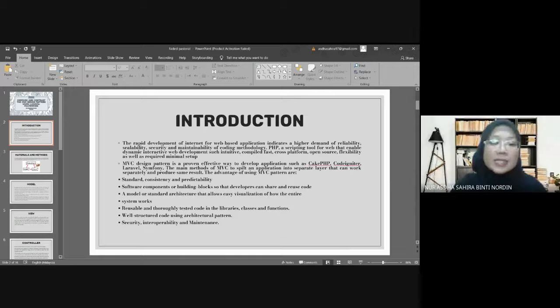The MVC design pattern is a proven effective way to develop applications with PHP frameworks such as CodeIgniter, Laravel, Symfony, and others. The main method of MVC is to split an application into separate layers that can work separately and produce the same result. The advantages of using the MVC pattern are standard consistency and